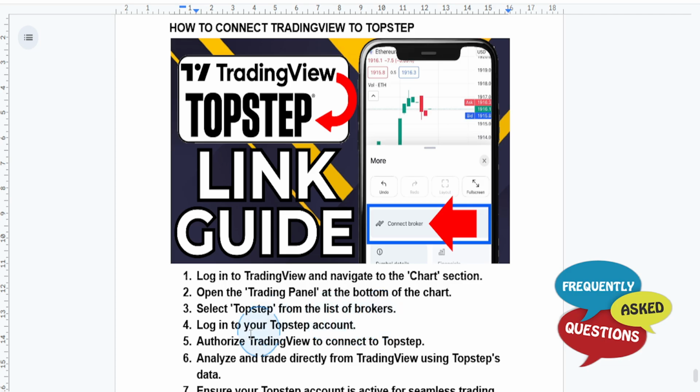Okay? And then after logging in, you just want to authorize Tradingview to connect to your Topstep account. This step basically ensures a secure and seamless integration between the platforms. Okay, and once connected, guys, you can analyze the market, use Tradingview's advanced tools and execute trades directly via Topstep